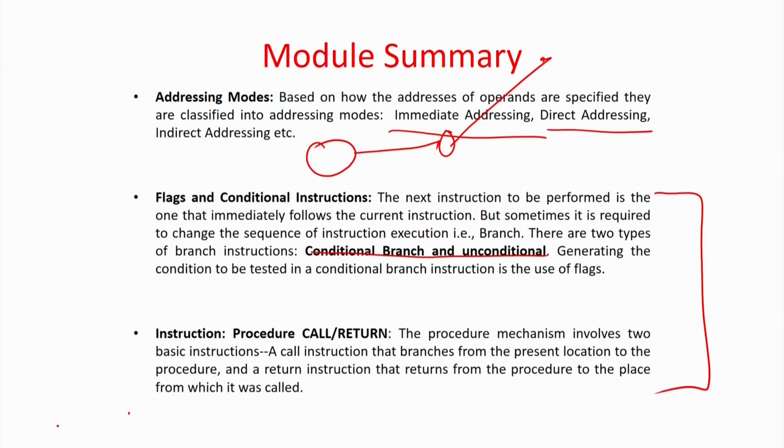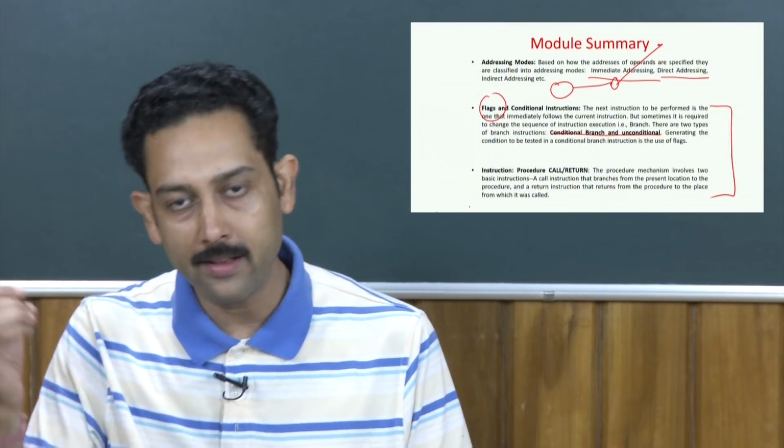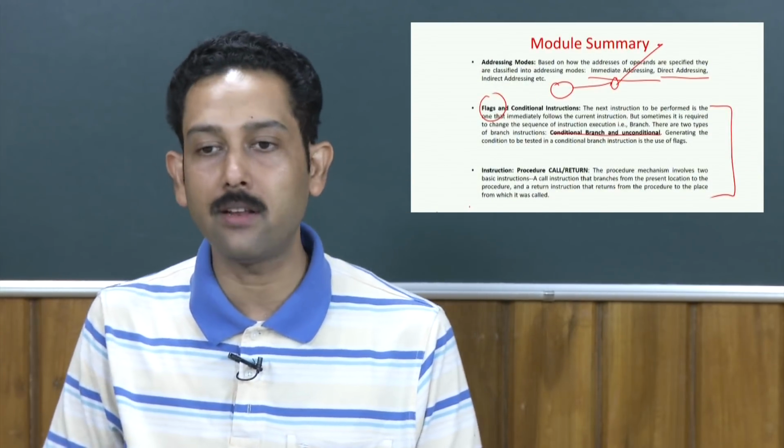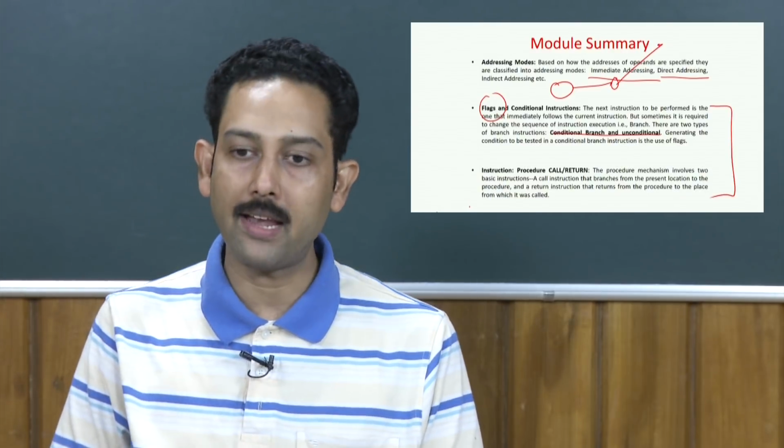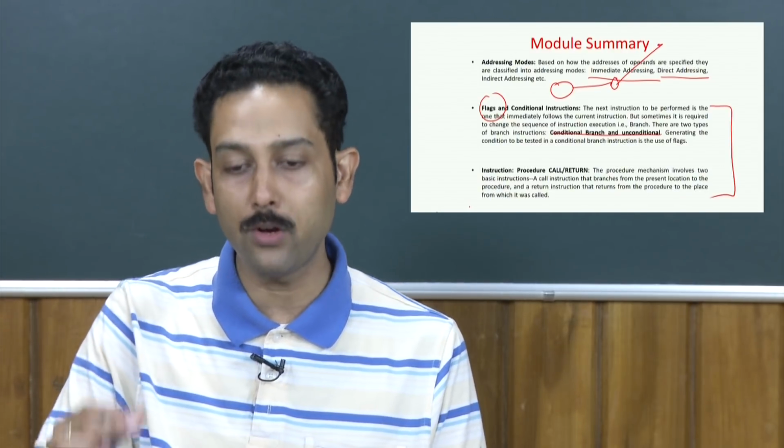For example, if I say a conditional branch, it will depend on something. There are flag variables or flag registers which get set or reset by some operations, and then your conditional instruction will check the flag and jump if the flag is true. If it is false, it will keep on executing sequentially. Unconditional branches do not have anything of that nature, they just do a jump. So, one unit will be dedicated to that,